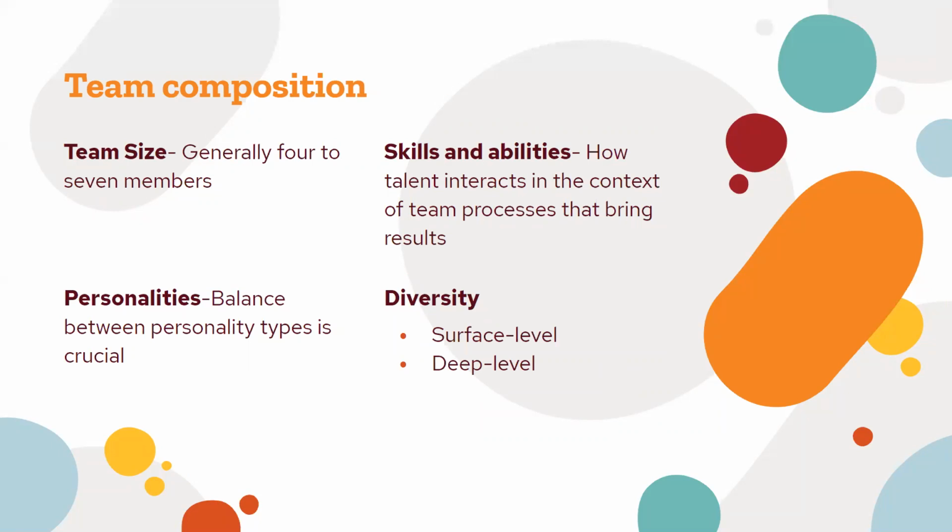Personalities: it's good to have a balance of personalities, but like I just said, if they're too balanced, I guess it'll lead to altercations and conflict. If you have too many extroverts in a team, it could lead to talking over each other and too much communication. And if you have too many introverts on the team, it will lead to a lack of communication, and opinions may not get heard, and people may not speak up when they have a good idea.